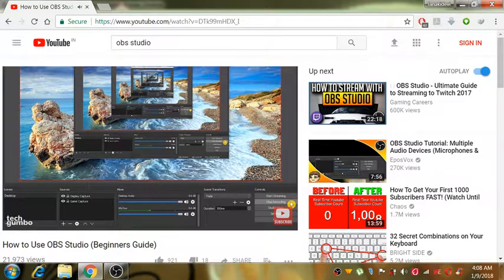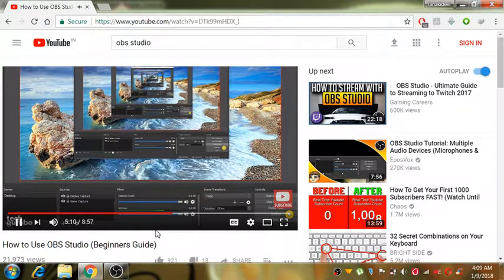Once you become more comfortable with OBS, you may want to try out Studio Mode for live streaming. Simply, it allows you to make changes while you're streaming, like adding and resizing images and adding text. Below Studio Mode is Settings and Exit. Exit is self-explanatory. Let's go into settings, and I will show you which